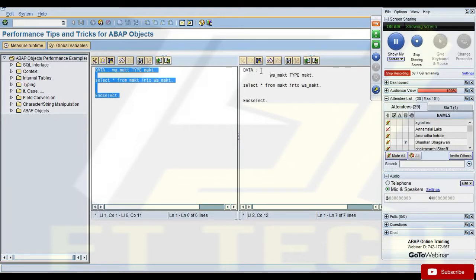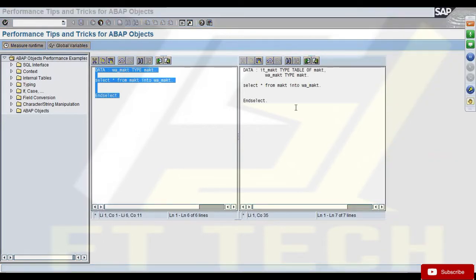Here, let's use an internal table. When I use an internal table, I can directly bring all the data at once into my program. I don't need to bring one record at a time.